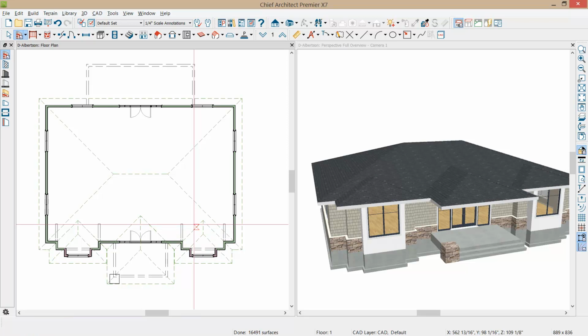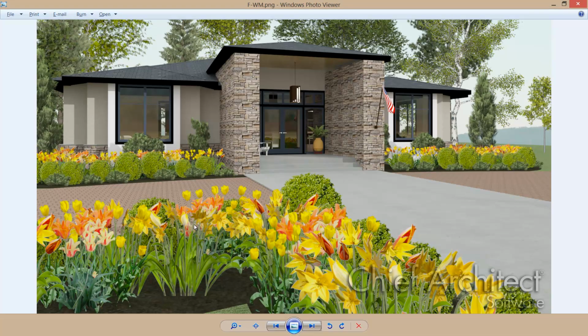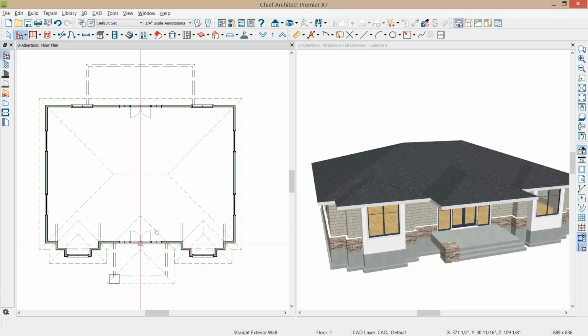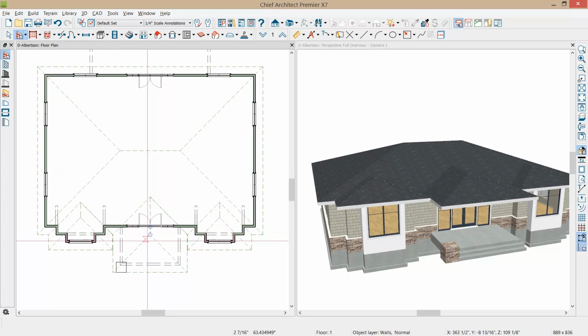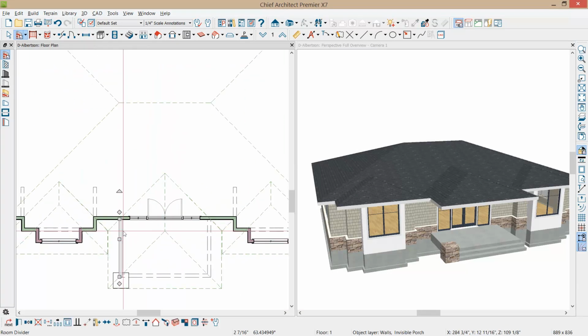Now the next thing is to raise that entry. You see how that's up quite a bit higher. I'm going to use the same approach that we did to raise those nested pop-out gables on either side, and I'm going to use the same approach for the entryway. So let's go back into the program, and I'm just going to simply drag this wall back some dimension, and we'll just pull that back,